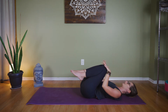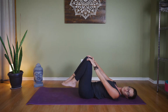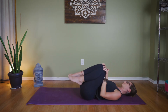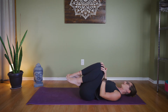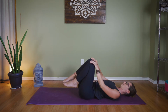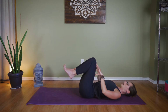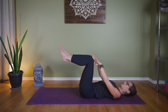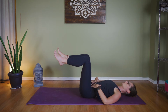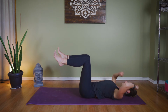And hands come to knees here. We're just gonna circle knees in one direction. Big or small, that's up to you. And other side or other way. Now bringing your knees back into center, we're gonna go ahead, open them up about hip distance apart, flex the feet and try and stack knees over hips. Draw your belly button in towards your spine, so we've got that core engagement. I'm going to give you a modification for this, but what it's going to look like